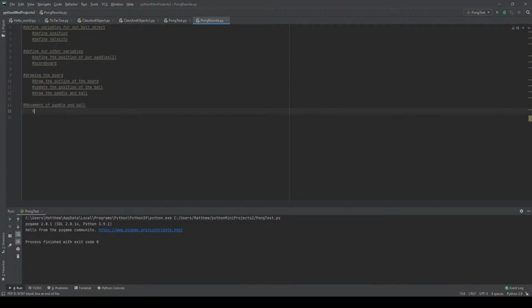And inside movement, we want to make sure we update paddle location, and we also want to update our ball location. Now, you see, there's actually a duplicate right here, and it shouldn't be here. This is part of the programming process. We notice something that seems out of place, and once we go